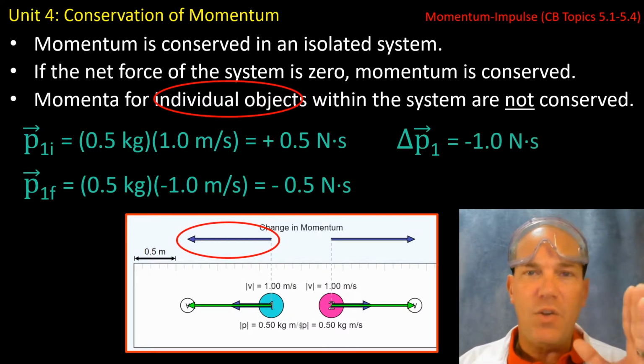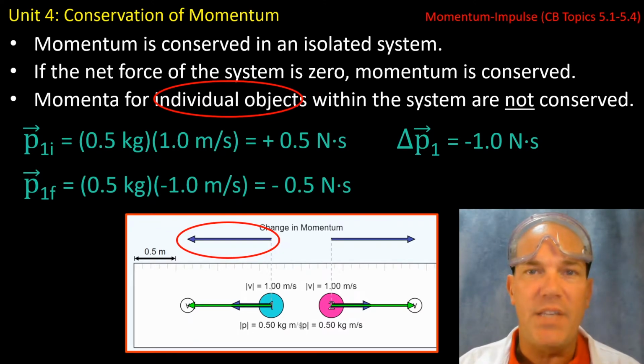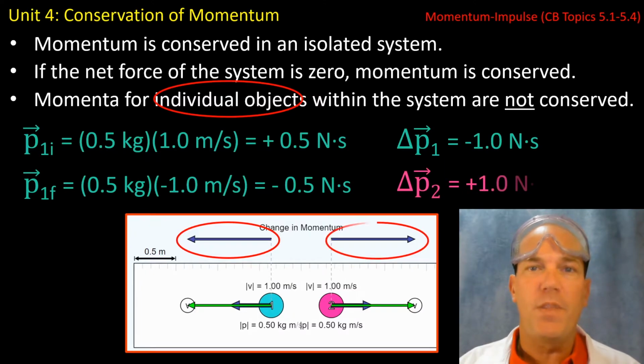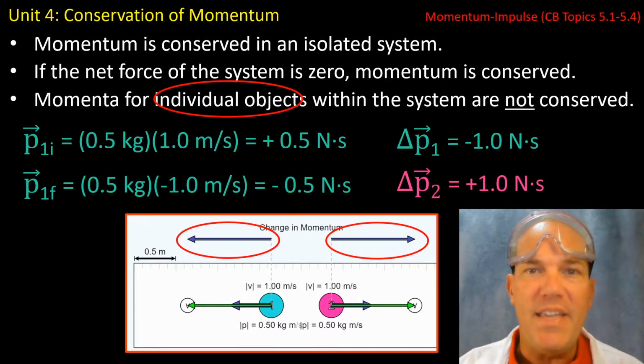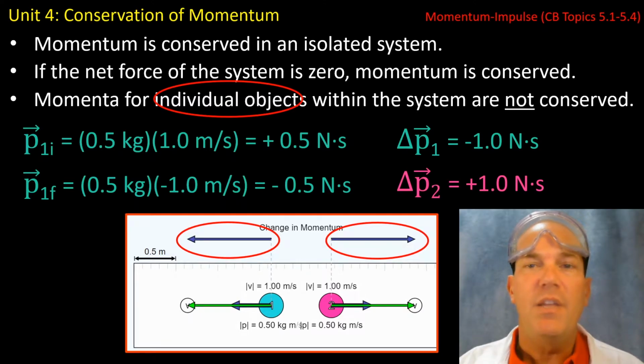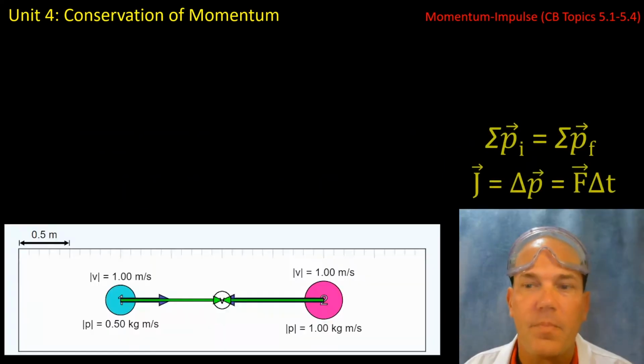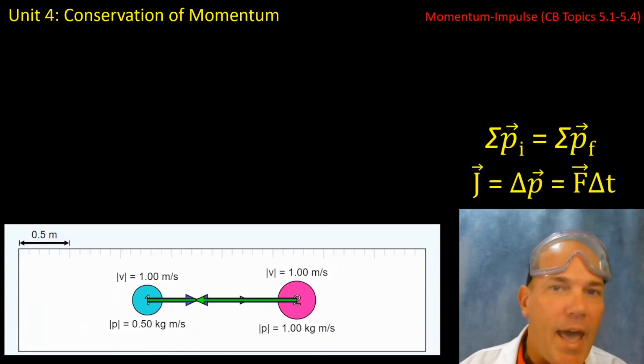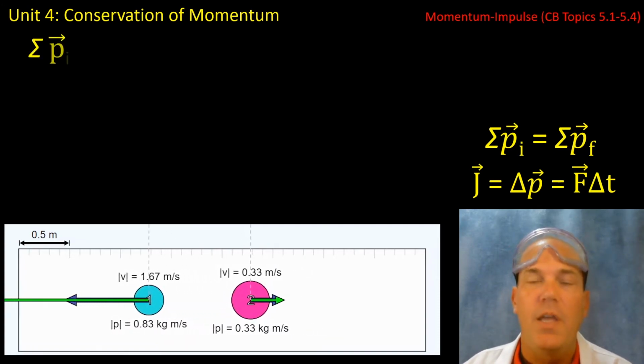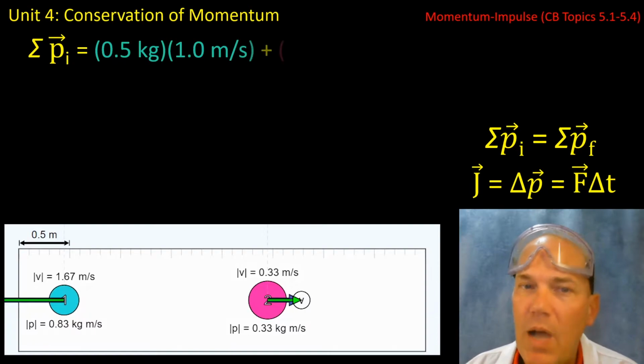and we can find its overall change in momentum to be equal to -1 Newton second. In fact, we can do the same for the magenta colored ball and find its overall change in momentum to be a +1 Newton second. So the change in one object's momentum is equal in magnitude but opposite in direction to the other object in our isolated system. Now, take a look at this particular scenario in which we have these same two objects within